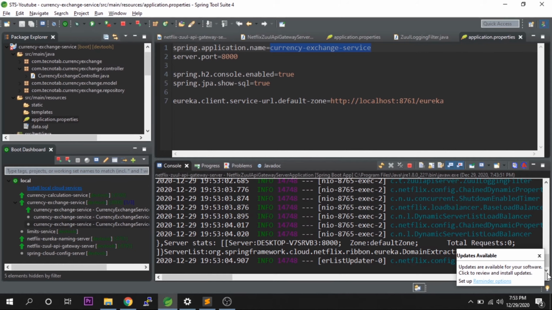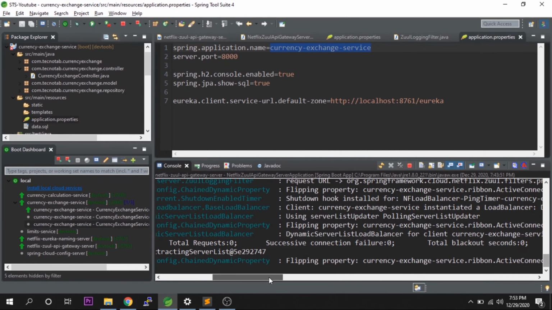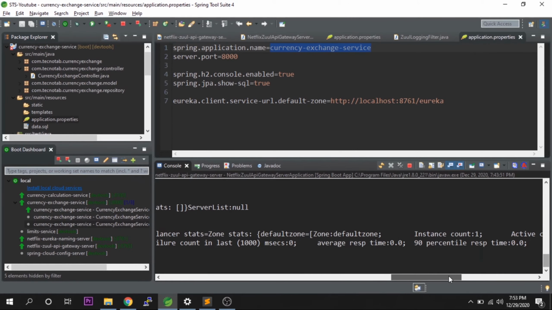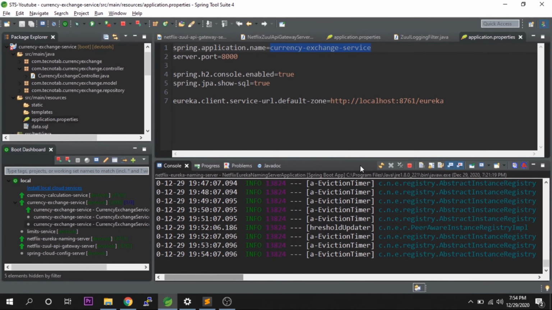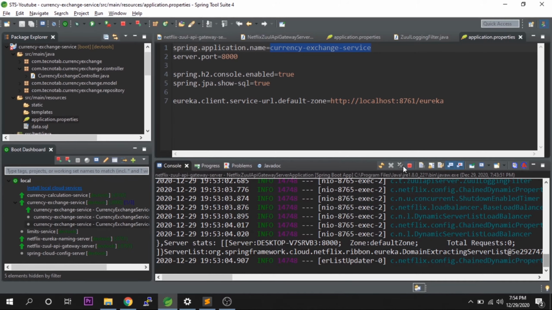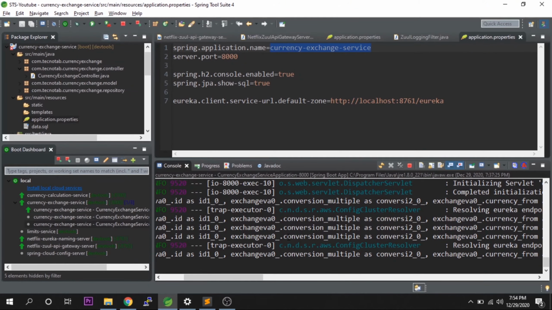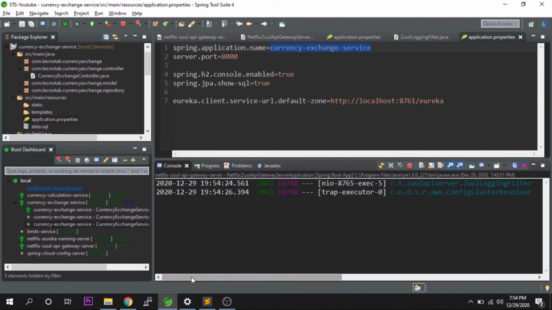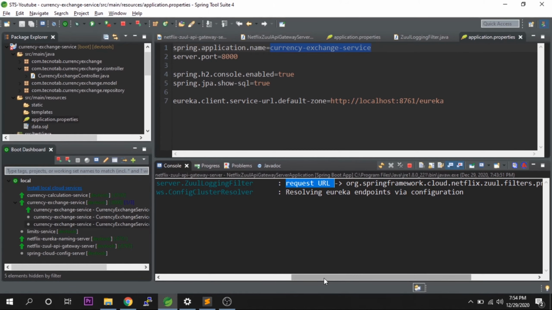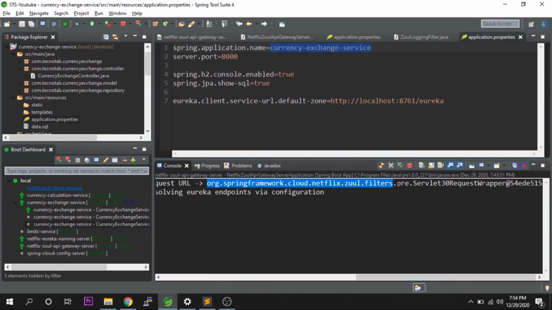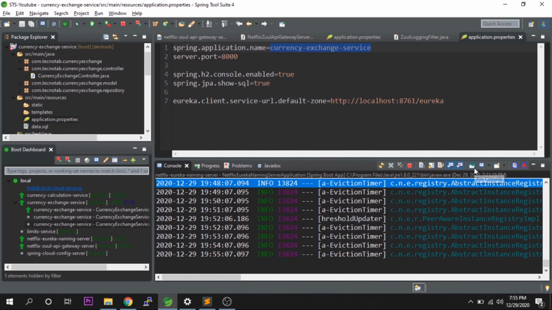I've selected Zuul API gateway and you can see that our logs are getting printed. We will check what is there in the log. If it's not clear, let me clear the log and hit the service once again. And let's come here and see what is coming in the Zuul API gateway logs. We are getting our request URL, whatever we have given, but it is not showing in the format which we wanted. So let's see why we are getting that.